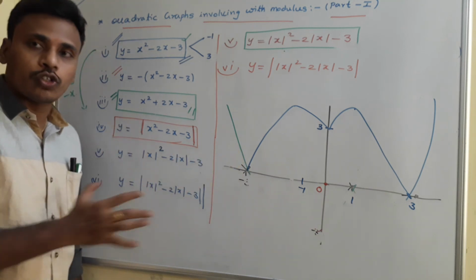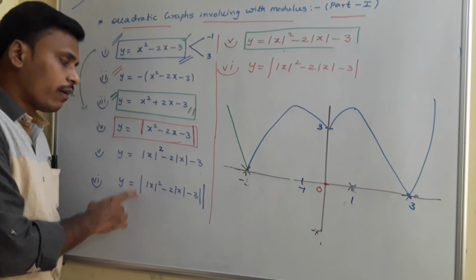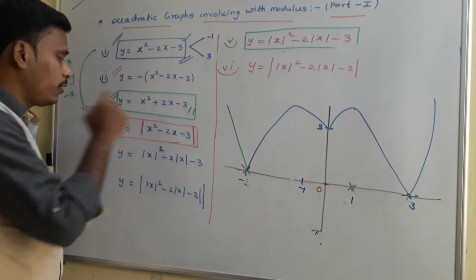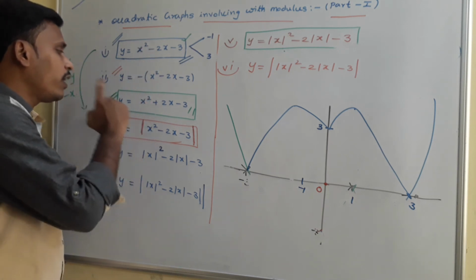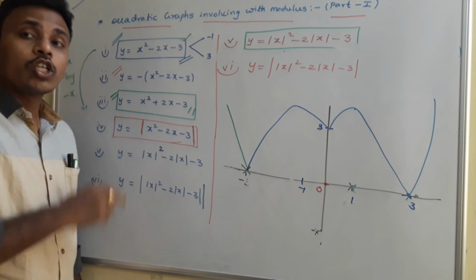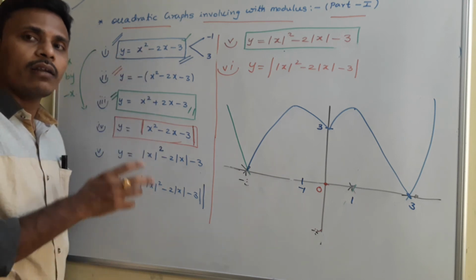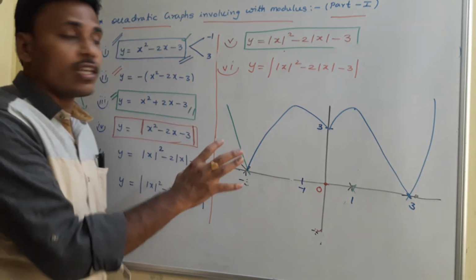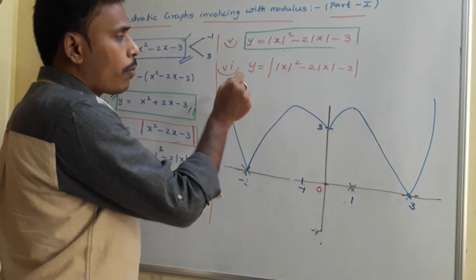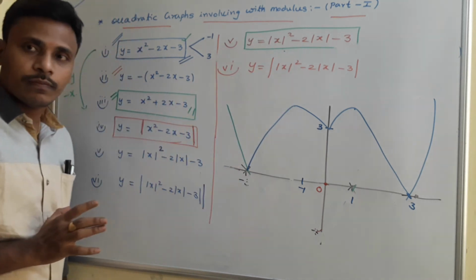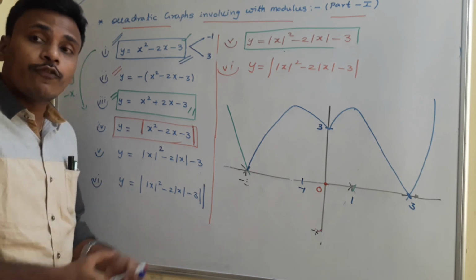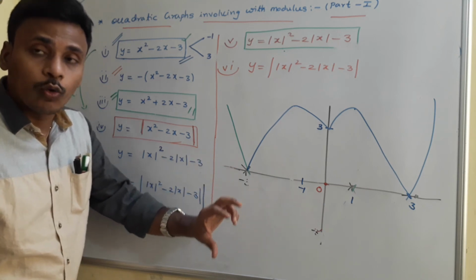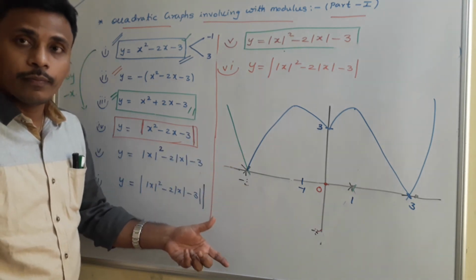So one by one we need to sketch. To sketch the graph of the sixth one, we need the graph of the fifth. To sketch the graph of the fifth, we need the graph of 1 and 3. To sketch the graph of 4, we need the graph of 3. Everything is required, but we are just taking the first one as reference, and based on that we are sketching everything. At the end, this is the graph of y equals modulus of mod x square minus 2 mod x minus 3. So always if you give a modulus to the total expression, you need to flip the graph in the negative region to the positive.